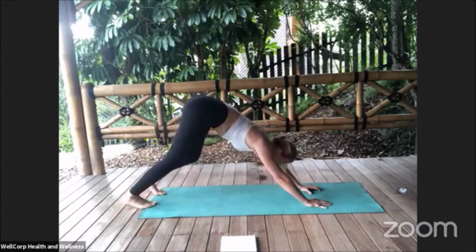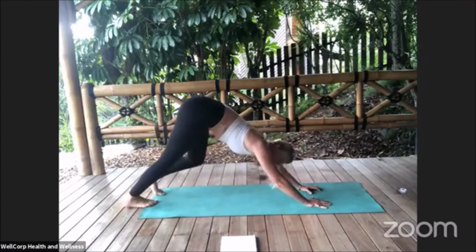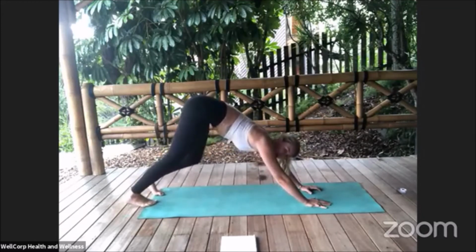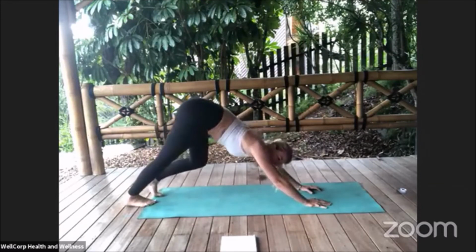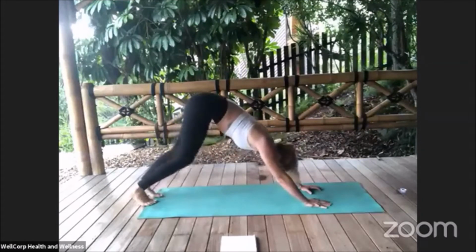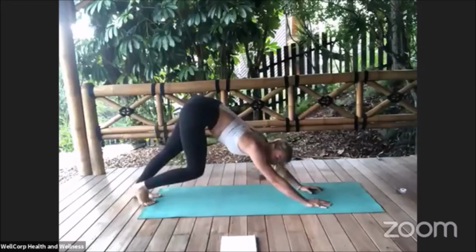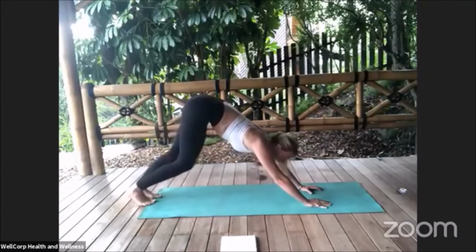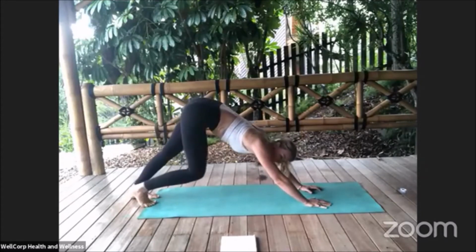You know, moving the hips around, walking out the dog. There's no right or wrong in our yoga practice. Move the body however it wants to move. Good. Breathing, pressing through the fingers, pressing the chest into the legs. Taking a deep breath in here. Gazing the eyes forward, and as we exhale, we're going to slowly